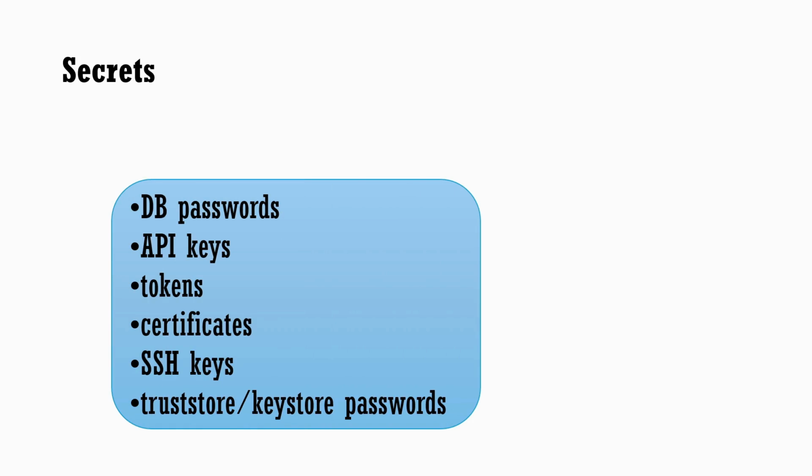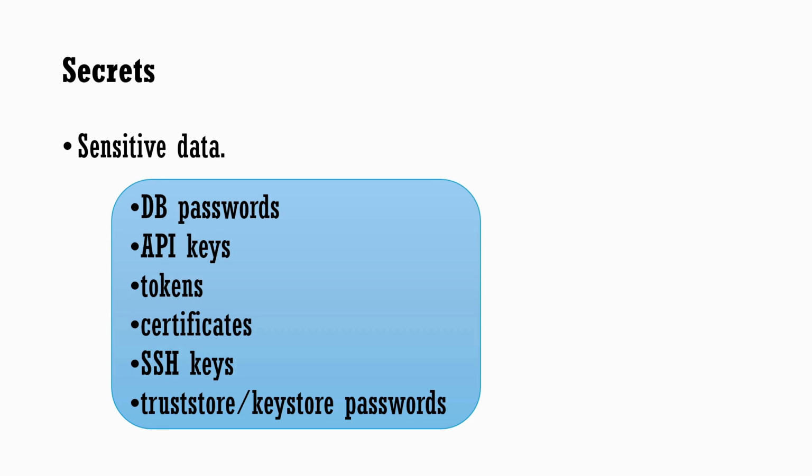Now, passwords, API keys and certificates are confidential data and we don't want everyone to be able to see them. To handle such sensitive information, Kubernetes provides another object called secrets. Config maps and secrets are almost the same in terms of how we create them and how we use them inside pods and deployments. The main difference is secrets are meant for sensitive data and they are stored securely. In Kubernetes, secret data is stored inside etcd and Kubernetes supports encryption for secrets in etcd. Now let's see how we create a secret and how it looks in real life.